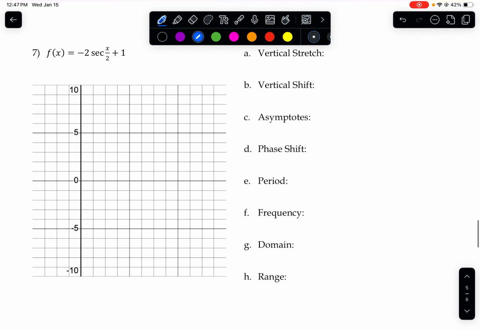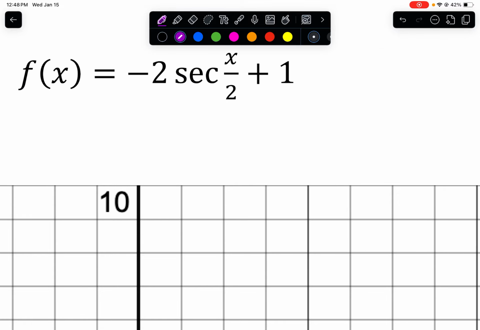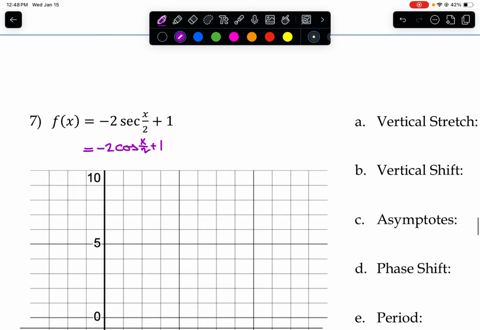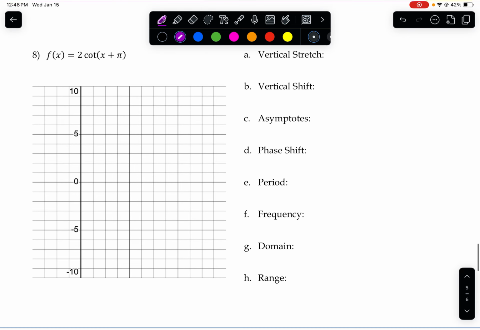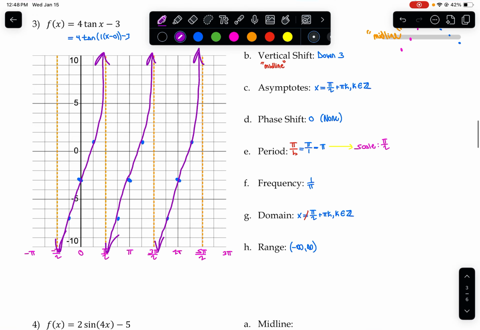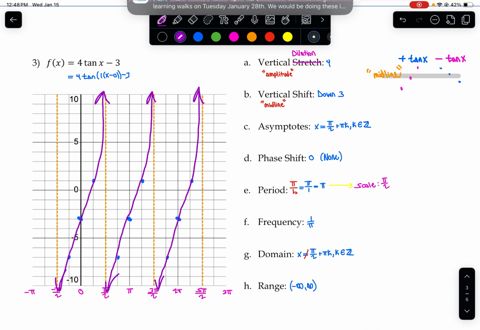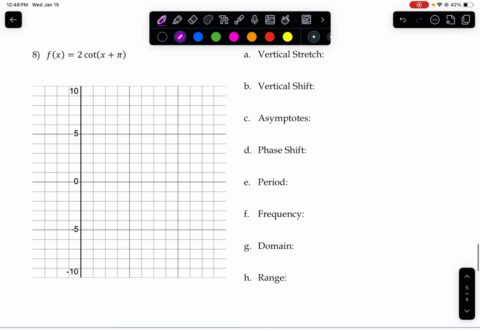All right, and then your secant function is going to be the same premise, the same idea. The only difference here is you're going to start with your cosine function. And then same idea. So I'm going to let you guys try that one and then reference the key as needed. And then cotangent is very similar to tangent. So with tangent, I'm going to let you guys reference the tangent one as you do the cotangent. So what you need to remember with cotangent